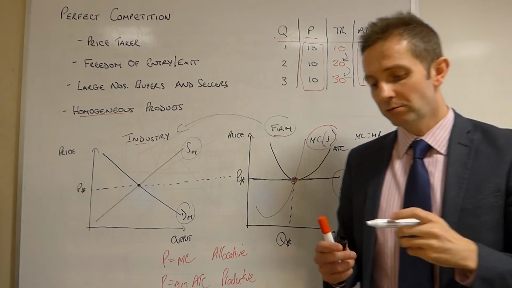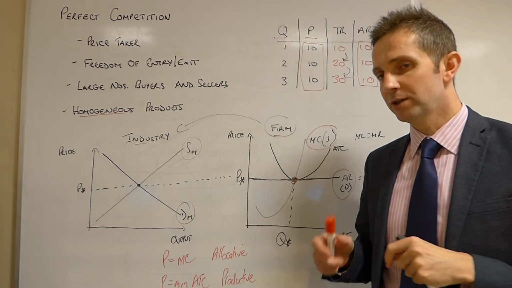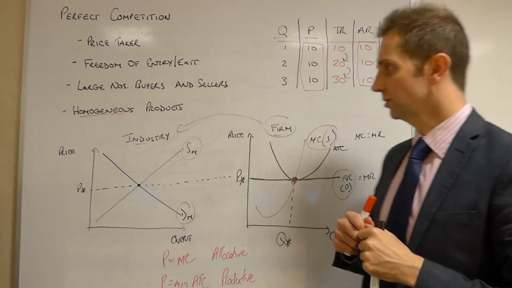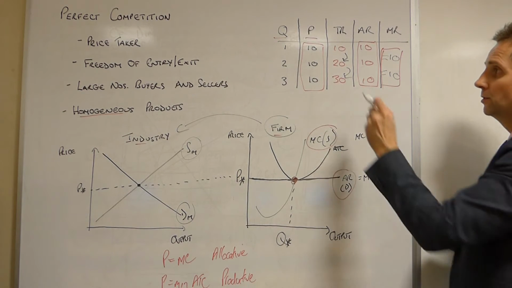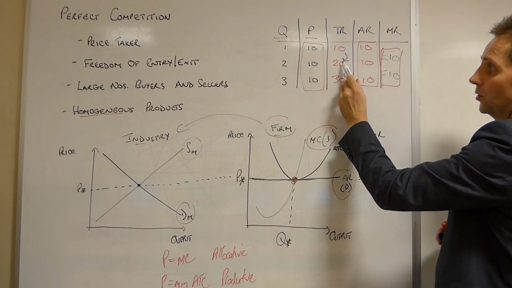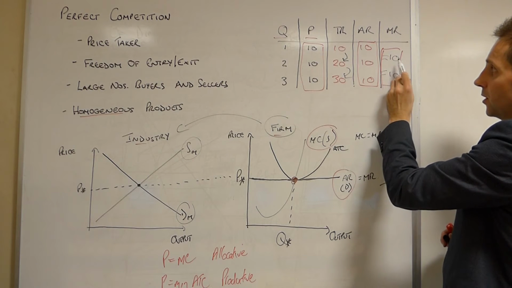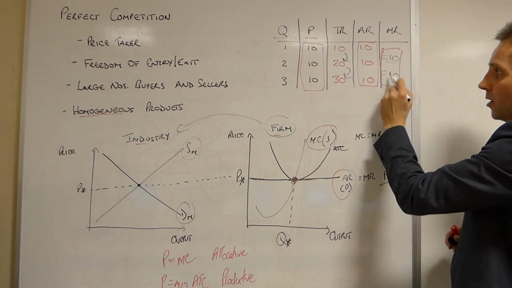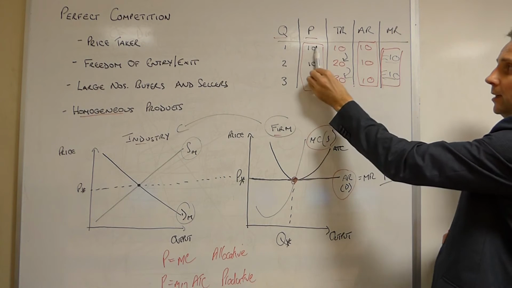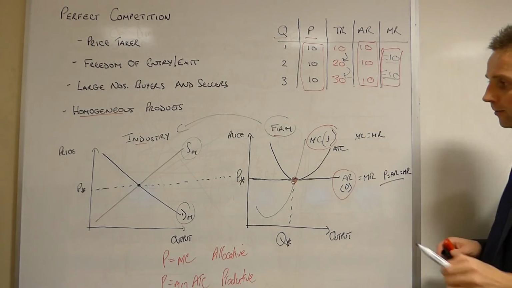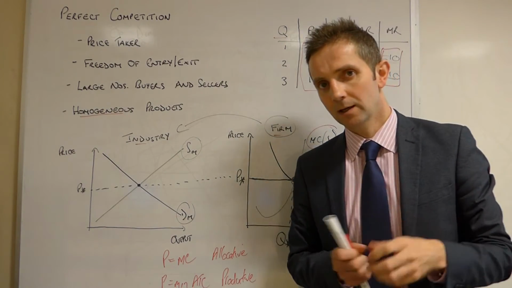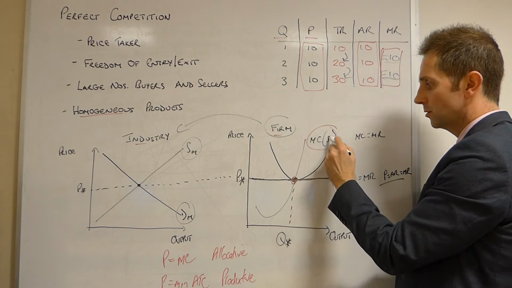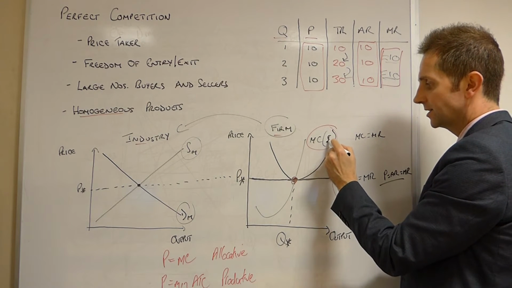And then what about marginal revenue? Remember your definition of marginal revenue, the change in total revenue from employing 1 additional unit of output. So when you go from output units 1 to 2, total revenue goes 10 to 20, so the marginal is 10. Output units 2 to 3 goes 20 to 30, marginal 10. Hence P equals AR equals MR. Okay. So having done that, I then added my marginal cost curve, which you also know, of course, ladies and gentlemen, is the supply curve.